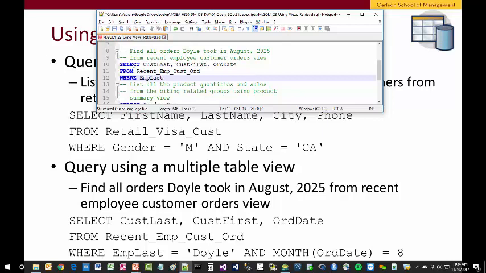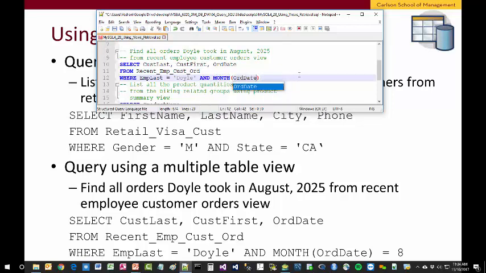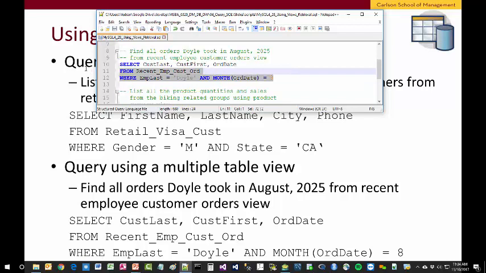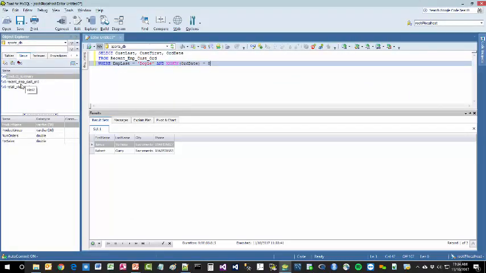Notice all these are the customers' names from this particular view, is Doyle, and month of ORD date is August. Okay, I'm going to save that, copy this quick query, paste it, make sure that the name of the view matches, run it to get these three